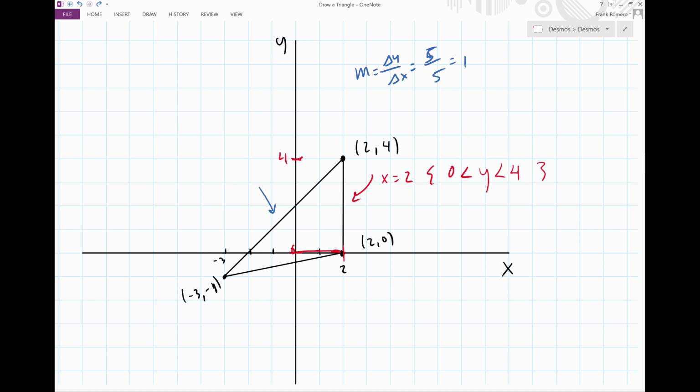Okay, do we know the y-intercept? Yes, we do. 1, 2, it's at 2. All right, so the equation for this line is going to be y is equal to 1x plus 2, or y is equal to x plus 2, right? Okay, that's pretty easy,